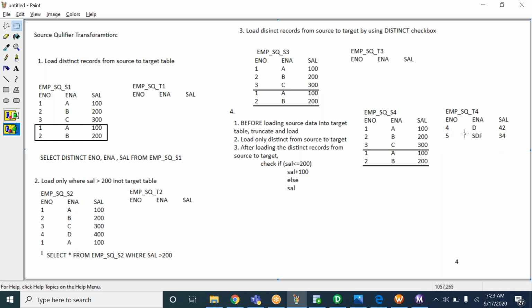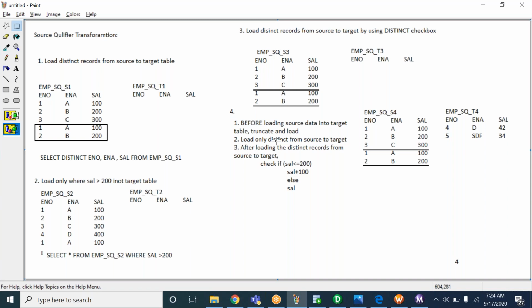Those who don't have knowledge in SQL, please go through the SQL recordings parallelly. Parallelly means you continue the Informatica and also go through SQL. I've shared only 5 recorded sessions, so if you go through one recorded session every day, you will get the knowledge in SQL also.